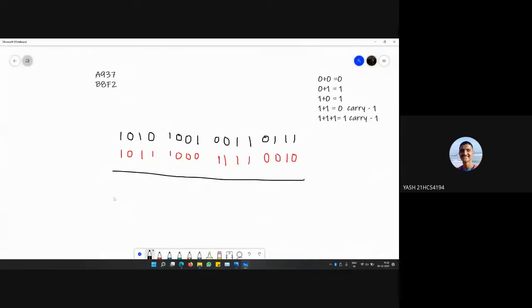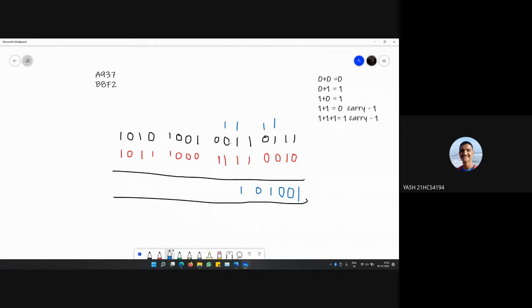Okay, so we will start from the least significant bits. When we add 1 and 0, by these rules, we will get 1, no carry. 1 and 1, we will get 0, and 1 carry is generated to the next bit. Now 1 and 1 will again be 0, and 1 carry will be generated. Similarly, when we keep on going, 1 plus 0, again 1, no carry. 1 plus 1, 0, 1 carry. Now it is triple 1. So 1 1 1 will give 1 and carry will also be 1.